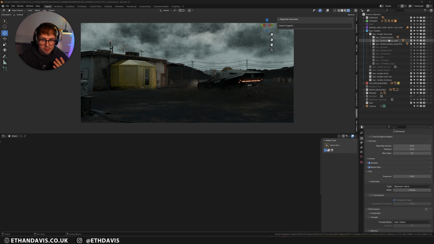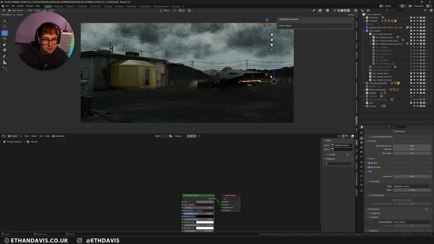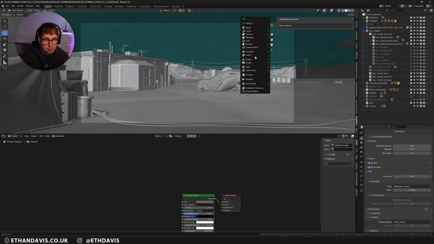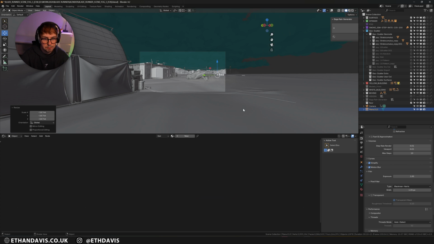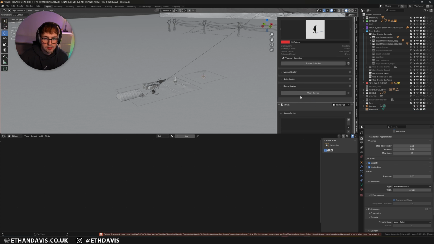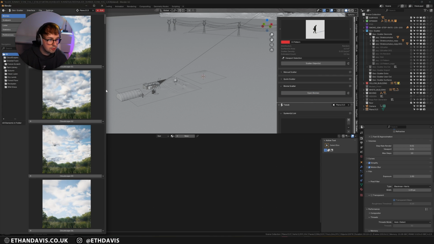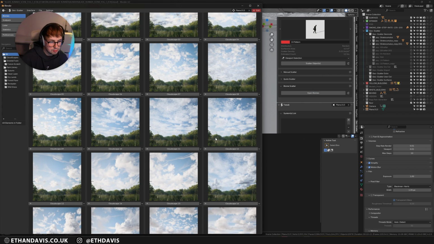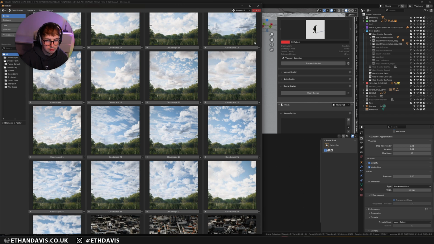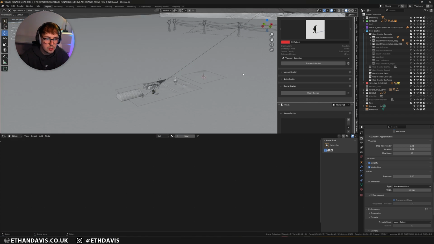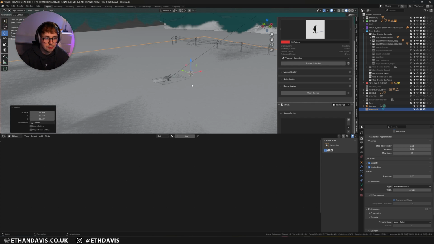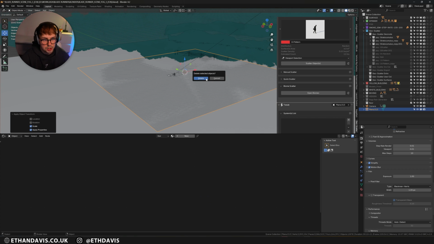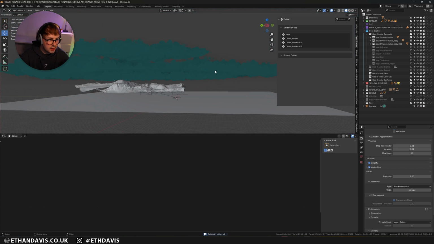So what I did was I used Geoscatter again, and Geoscatter actually has a really good biome that you can buy. From there you can add in a plane, go to biome scatter and open biomes, and the biomes that you've purchased will be here, and you essentially can just click one. You'll have to scale up this plane quite a lot for it to show, and just make sure that you apply your scale as well, otherwise it won't show. And then you'll get nice cloud layers that you can use in your render.